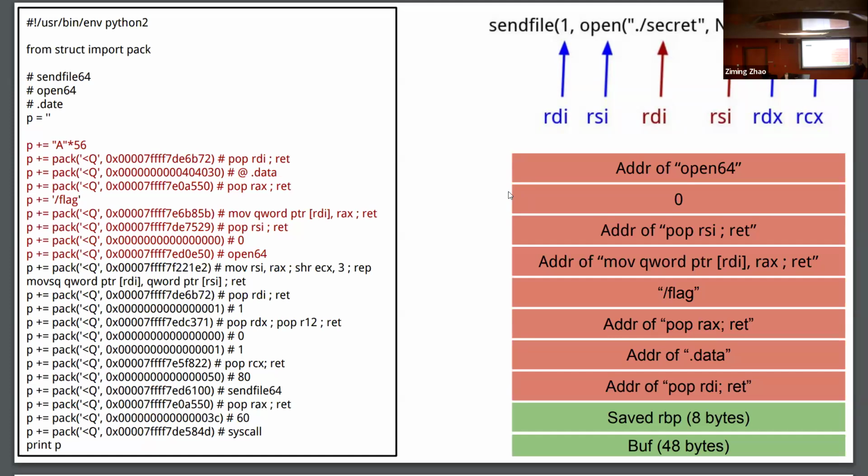So .data, I know that is a writable memory location. Then after that, the next gadget is pop RAX, return. The next value will go to RAX, so the string /flag will go to the register RAX. Then I find another gadget, move RAX to where RDI points to. Then I'm writing the string /flag to the beginning of the data section, which is readable and